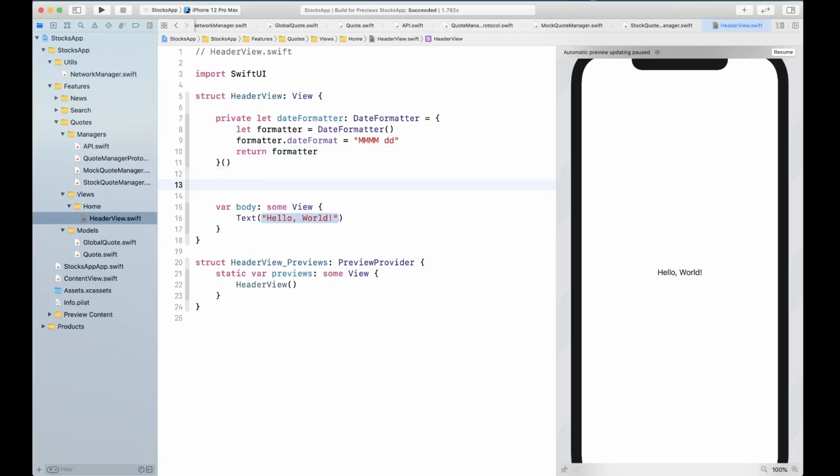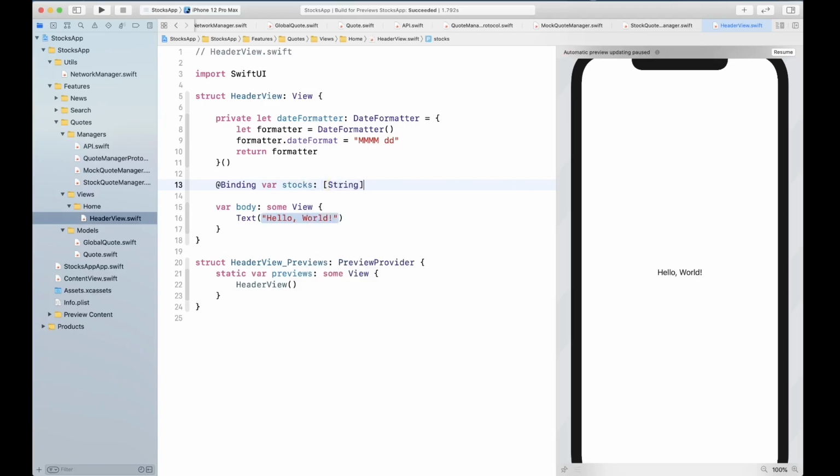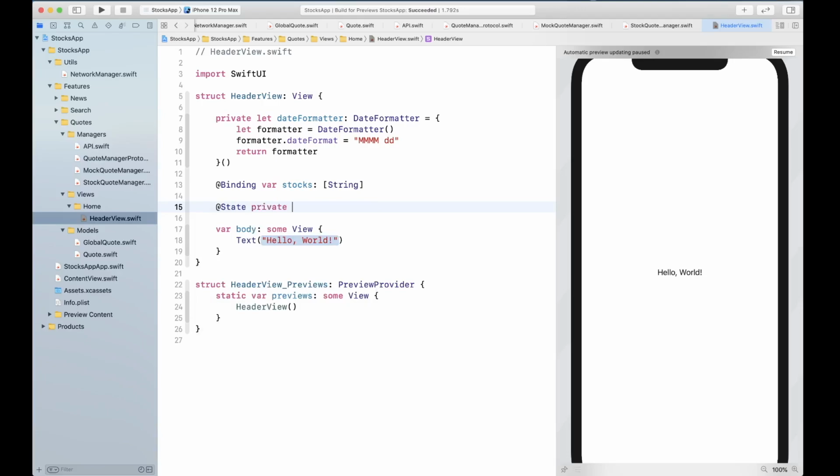Okay. Next thing we are going to need is basically stocks. So I'm going to create a binding for stocks, right? And we're going to have a state variable to keep track of search.